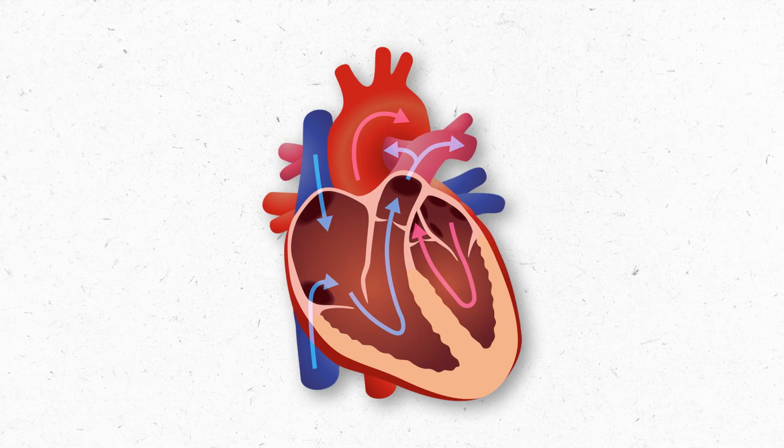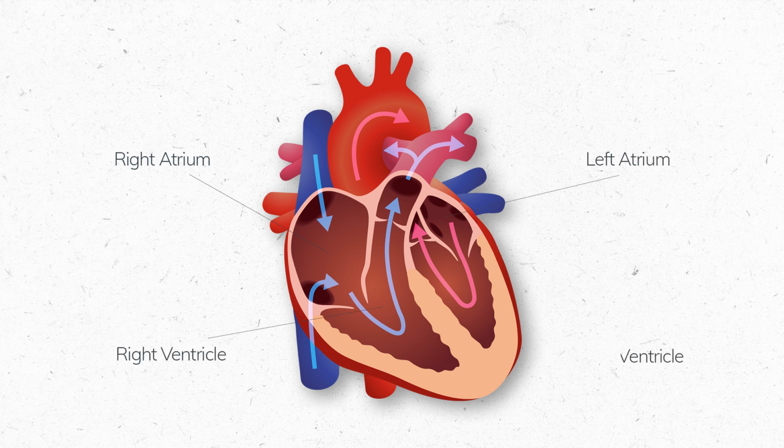Let's dive in. You may remember this from an anatomy class you took, but let's go over the anatomy of your heart. Your heart is a muscular organ, about the size of a fist, located just behind and slightly to the left of the breastbone. Your heart is responsible for pumping blood through the entire network of arteries and veins that make up your cardiovascular system. The heart is comprised of 4 chambers: the right atrium, the right ventricle, the left atrium, and the left